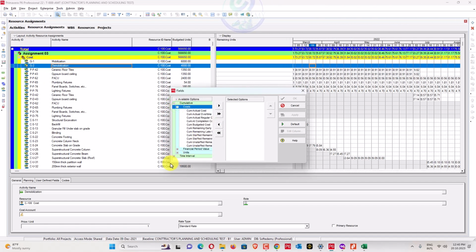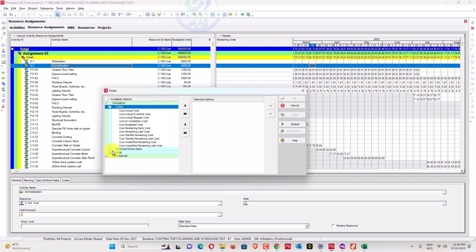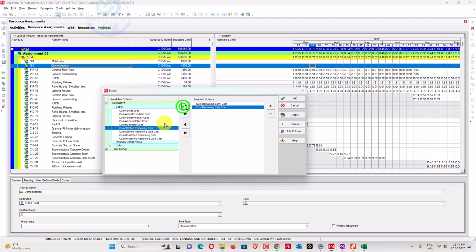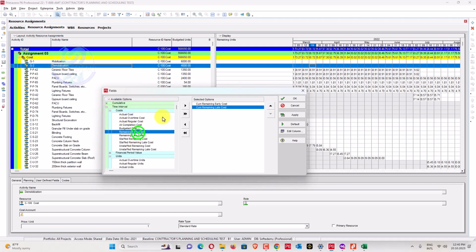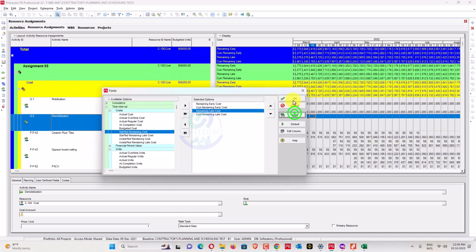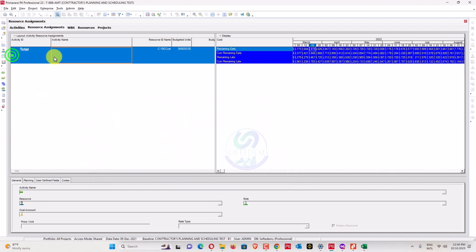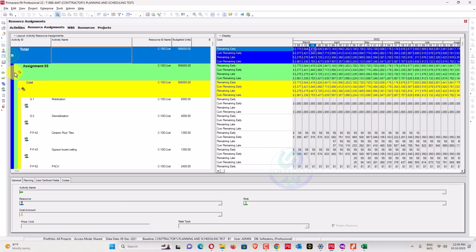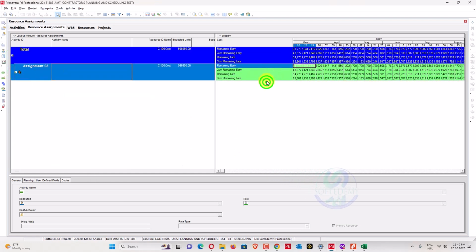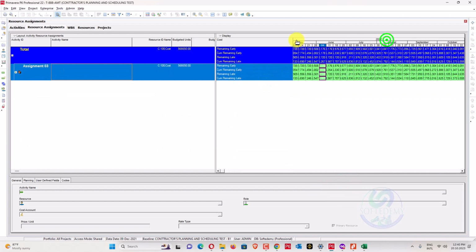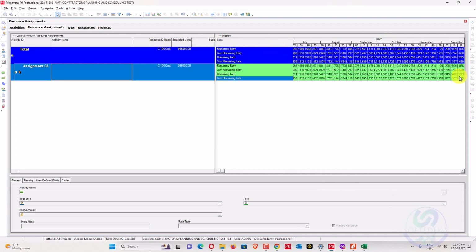This time I will add 4 columns, not 2 columns. Why? I'll show you cumulative, and also we'll add similar columns from the cost below. We'll add early, this one at the top, this one third number, apply. Okay, now you can see here. Now you can also get the values from here also. Yes, up to here.